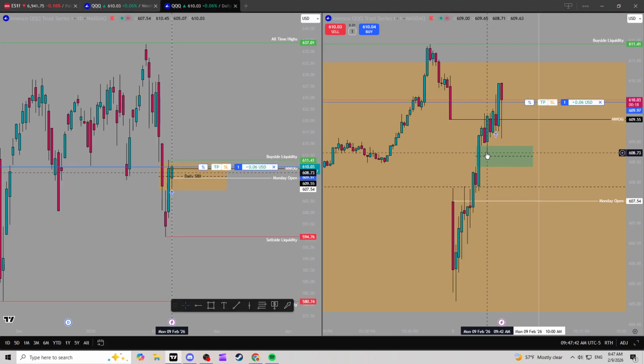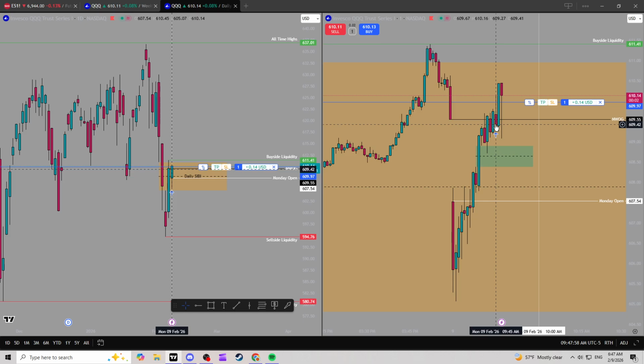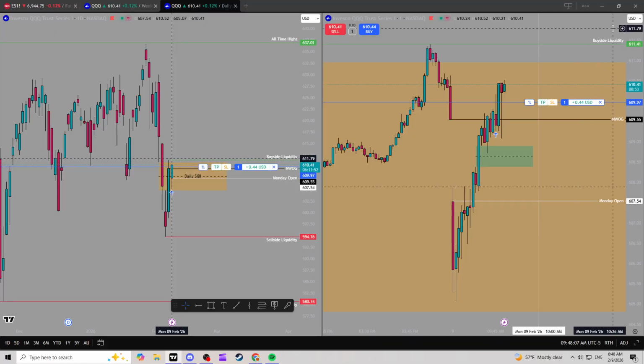I should have been buying right here. However, Monday, the start of the week, not even 10 o'clock yet. There's no rush to get things going, and so I just waited for a clearer picture. I liked how we closed over this candle right here. Same thing. I wanted to use that as an order block, which is why I got in. It was actually on this candle right here, but you guys saw me get that paper trading button going. That way you could see my entry, and then my exit is right here.